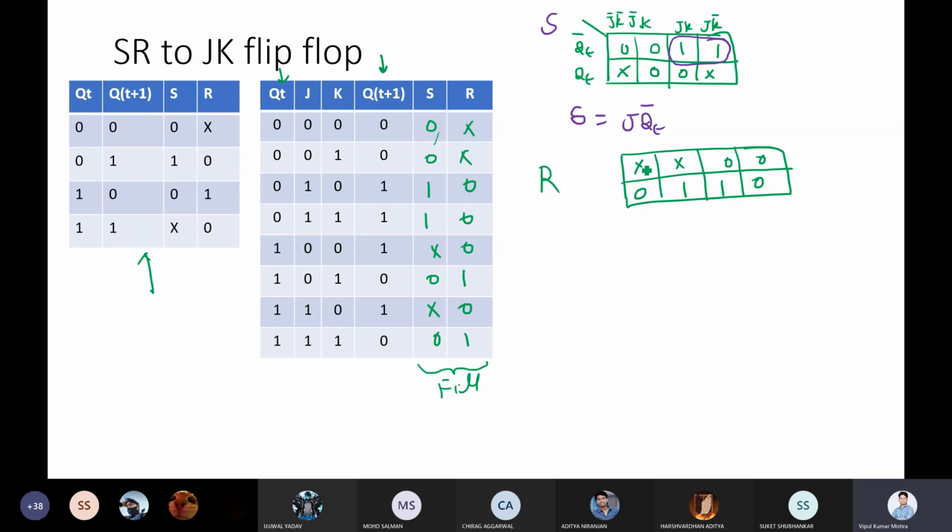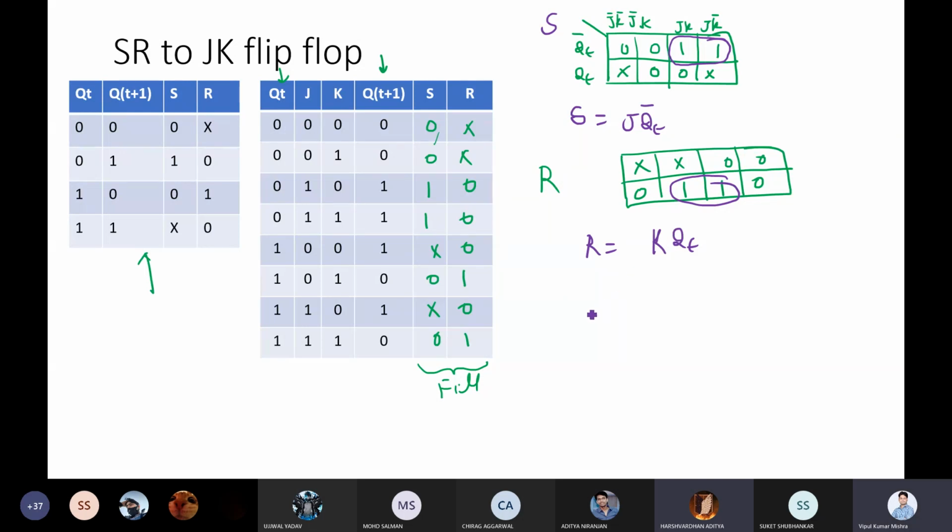Again, this X is not useful at all. So we have one pair here, and with this pair, R is equal to K QT. Right? Yes, sir. K QT, right?